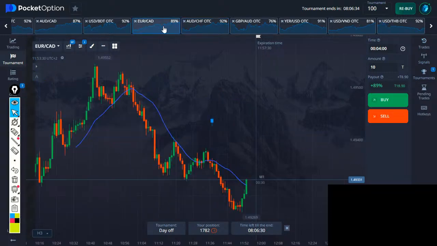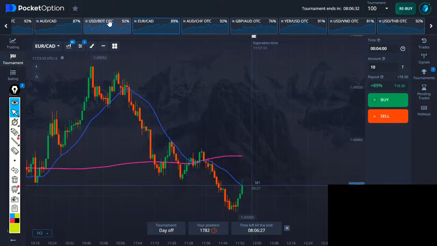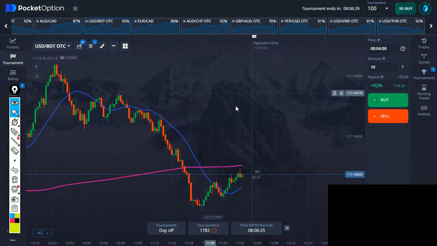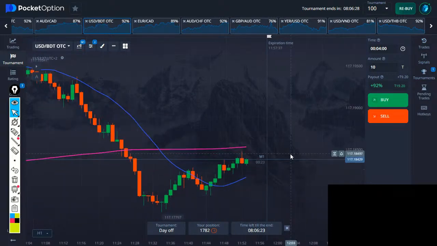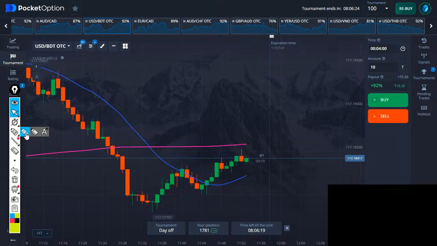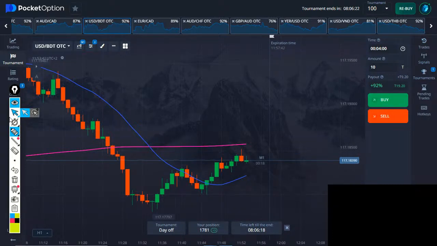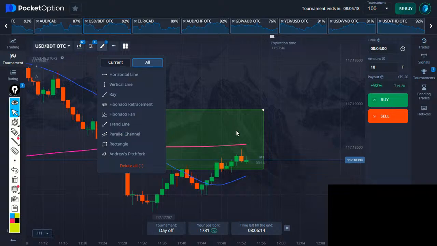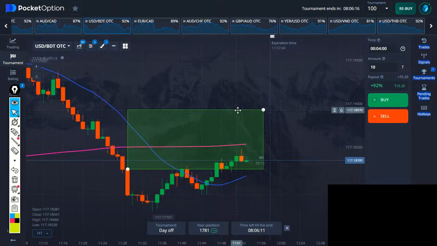I need something to take a trade, for God's sakes. Look at this beautiful setup over here. Now, the 20 is a little bit far away. However, I will mark my zone, bring your rectangle, swing high, swing low,